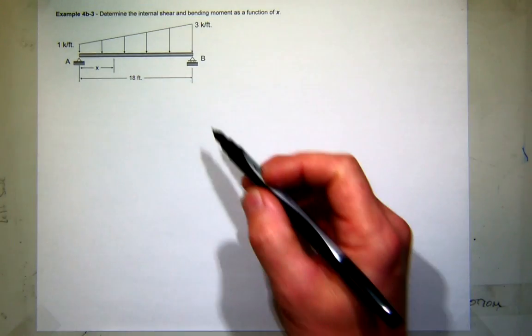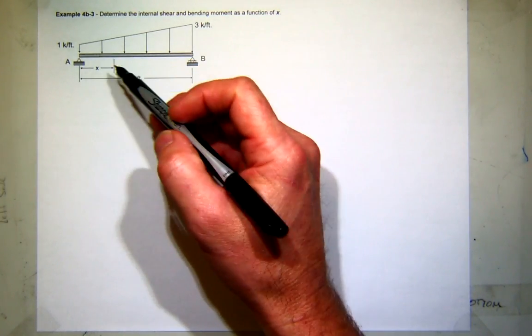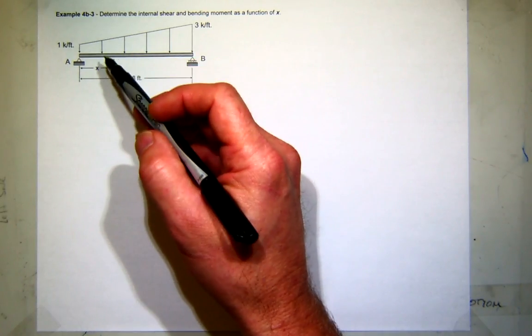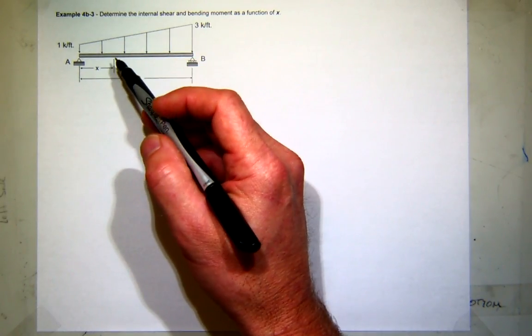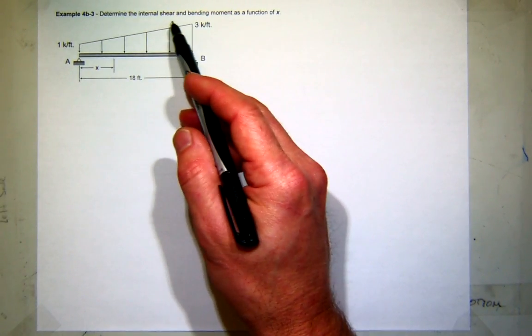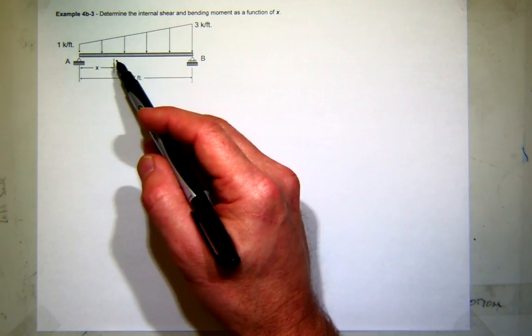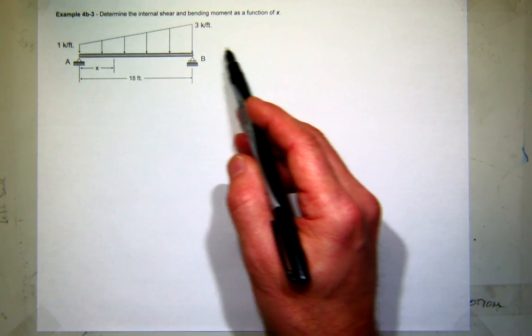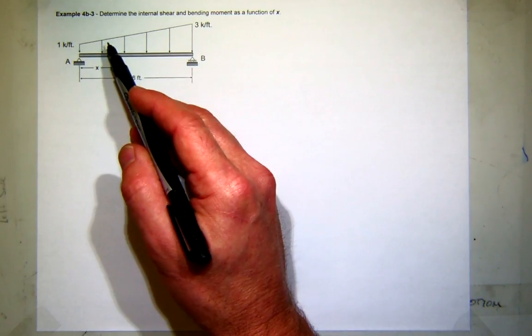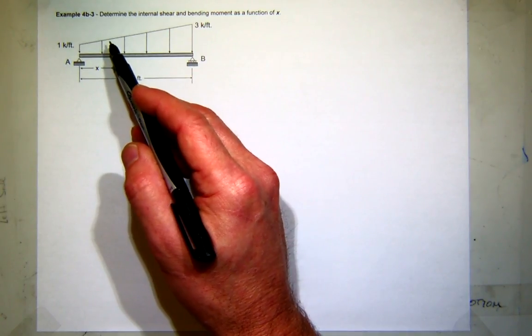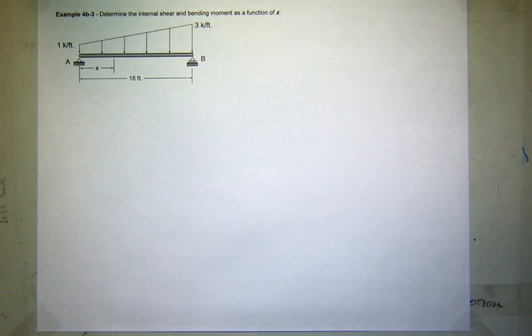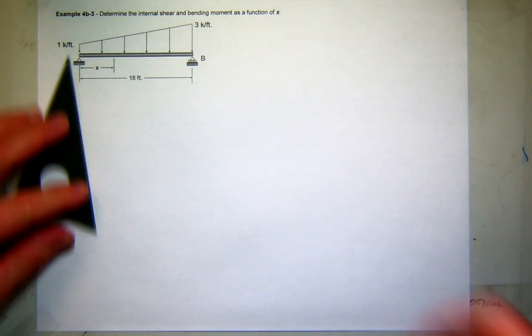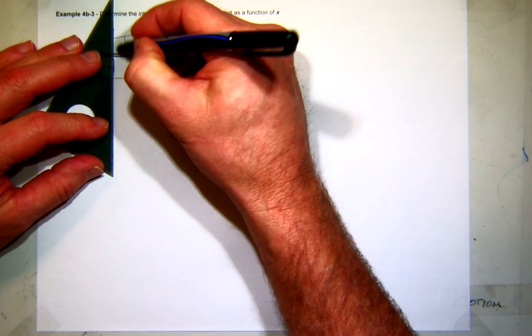All right, so let's do this problem. This one is a little bit challenging, but at the same time, not, oddly. We want to find the internal shear force and bending moment as a function of x. First of all, you'll notice that it's a continuous load, right? The whole length. So that means we only have to write one set of equations. That's a good sign. The more challenging part will be that if I do make this cut at x,